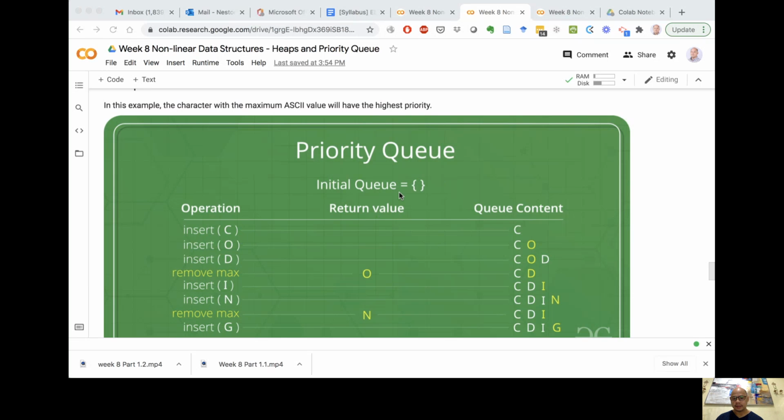Initially you have an empty queue, and then you insert big letter C. What's stored is the ASCII value of character C. So you have a queue content C, then you insert O. O has a bigger value, so